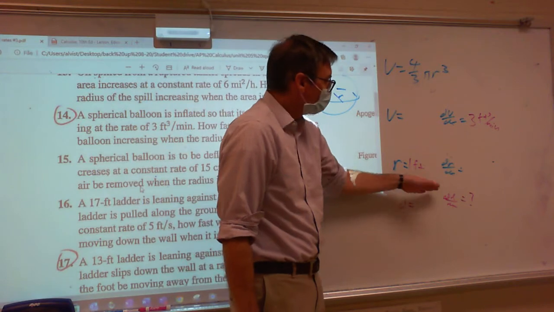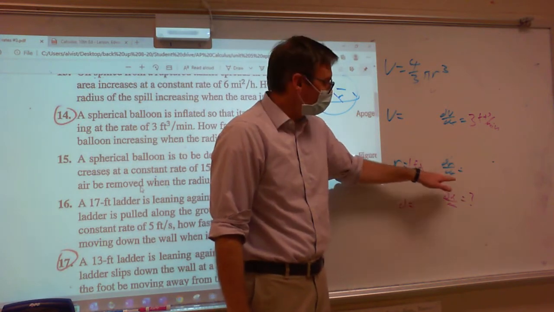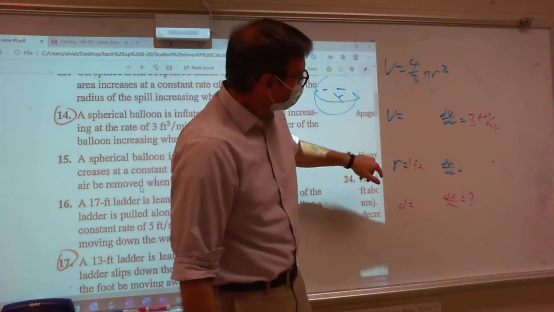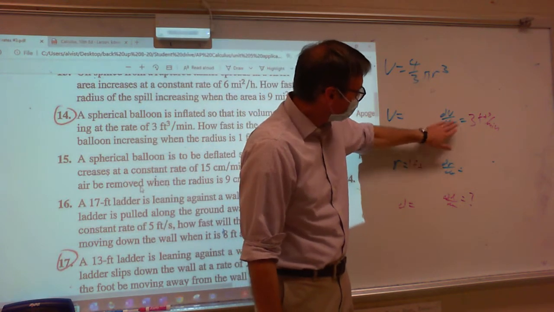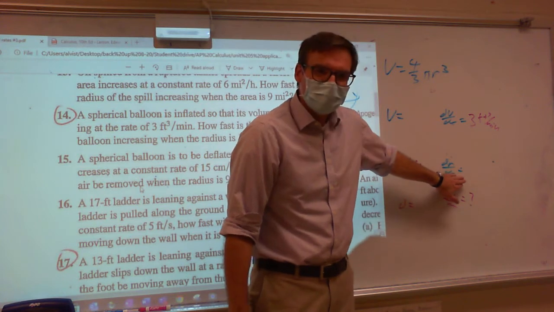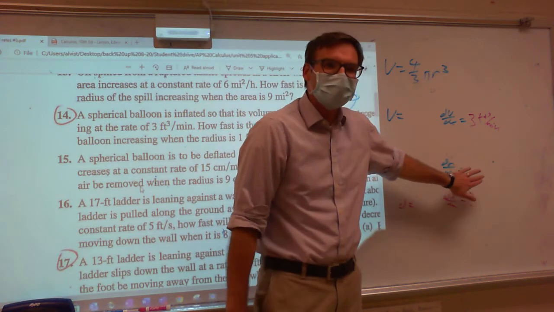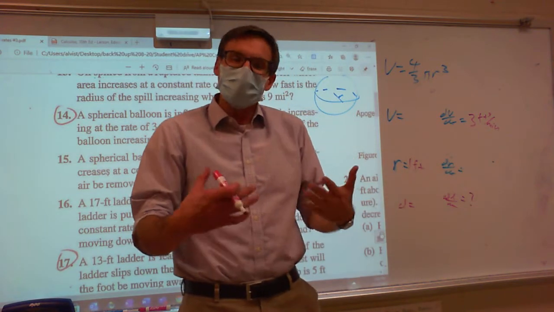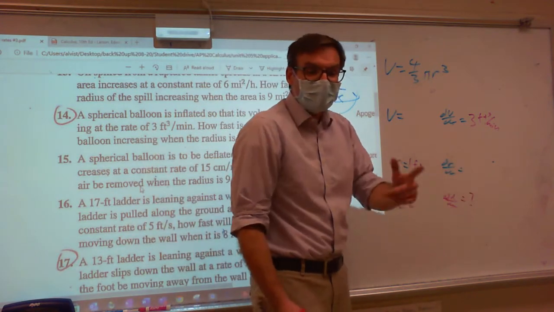But let's just look at what I have written in blue. I have dV/dt, I have r. I need to find out dr/dt, because based on what it's giving me, it looks like I could fill this out. I do need to talk about